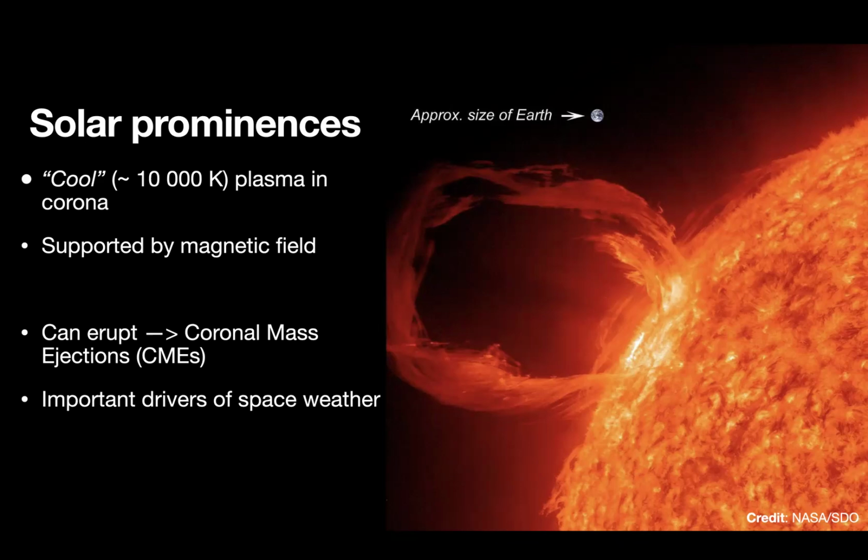But as these structures are so closely connected to a complex magnetic field, these fields can ultimately become unstable, causing the prominences to erupt, which is often associated with coronal mass ejections and are themselves important drivers of space weather, as they throw out hot ionized gas far into interplanetary space. So understanding these phenomena is important for space weather reasons as well.